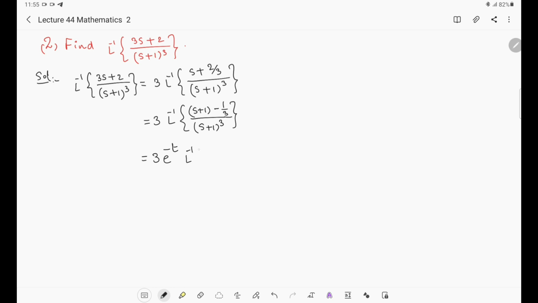What is remaining then? Laplace inverse transform of (s plus 1) will become s, so (s minus 1) by 3 by s cube, which is equal to 3 into... this I am writing from the first shifting property. Then what will happen? Separate the terms now. When we separate the terms, we will get 3 into e power minus t, Laplace inverse of